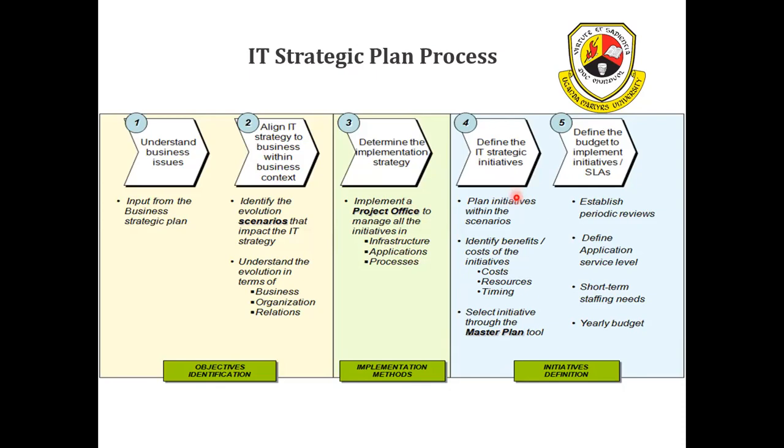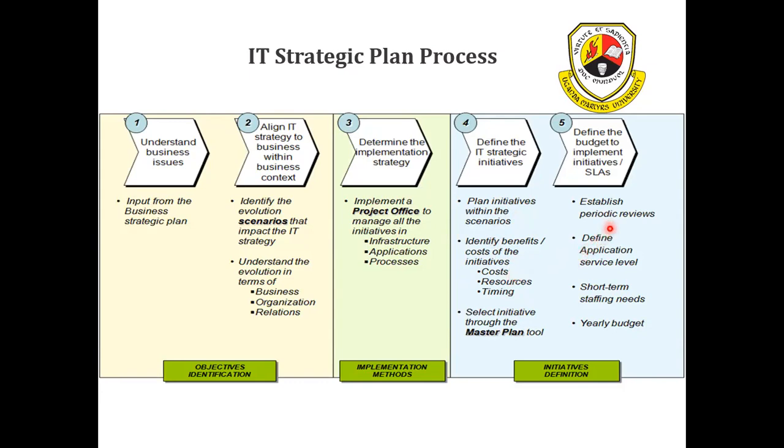You define your IT strategic initiatives. So here, after you have identified your priority areas, you identify the areas where you need to start. This is where you begin to build your initiatives, the initial things that need to be started, the prioritized areas. This comes, of course, with budgets. What will it cost? The resources, the time, and so on and so forth.